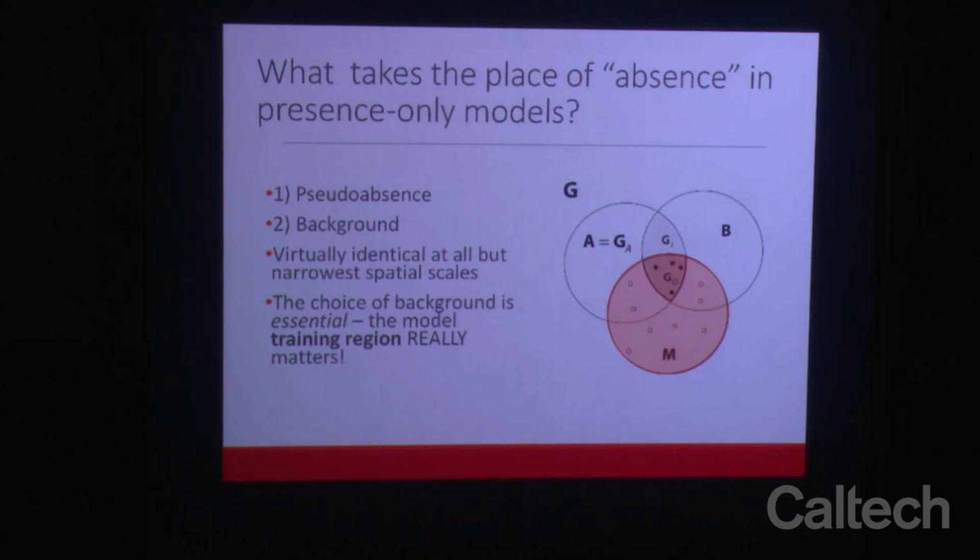In niche modeling, what we often do is collect presence records, but we also have to define what takes the place of absence in these models, and typically that's either pseudo-absence or background. These are basically the same idea. It's drawn from the climate conditions in this accessible area. Pseudo-absences are records from that accessible area that haven't been sampled as presences. Background is basically the whole of those values of environment from that accessible area,